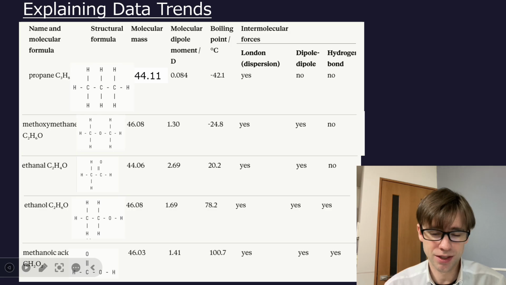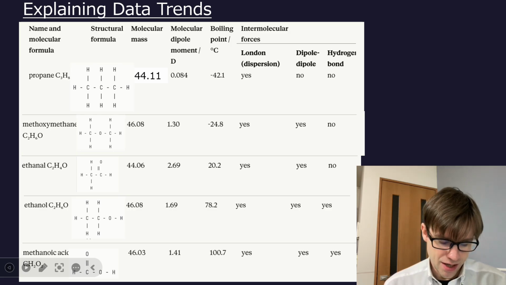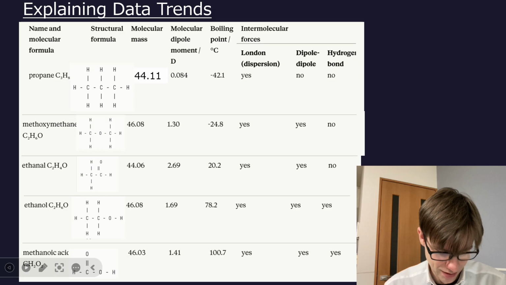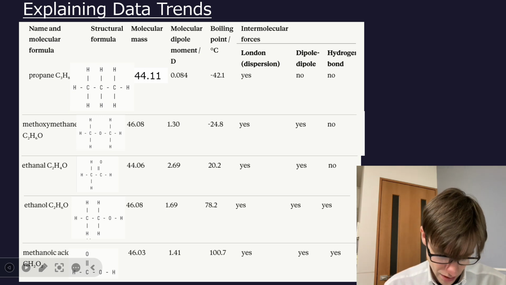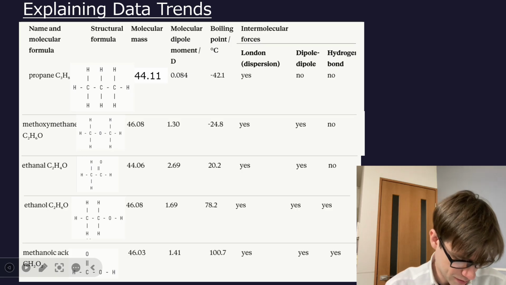We have to be able to explain that. And how can we? We've used up all the intermolecular forces and the size and the dipole. But how does hydrogen bonding scale? The only way that it can scale really is the number of positions where it can occur. So if we draw methanoic acid,